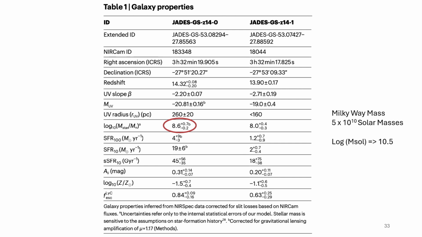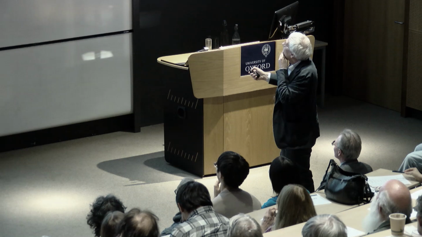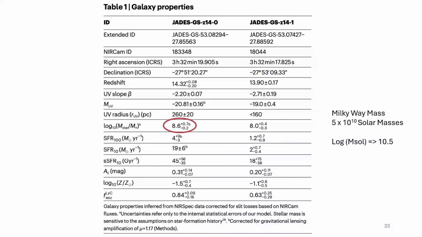Many years ago, I was involved in a project where we hoped to find galaxies that were more massive, forming back in time, because at that time that was the theory, but we didn't find anything. That was a failure, and so we've had to wait for Hubble. And the star formation rate, there are different assumptions, but the key thing is the measured star formation rate, which is around, say, here, about 4. It has large error bars.